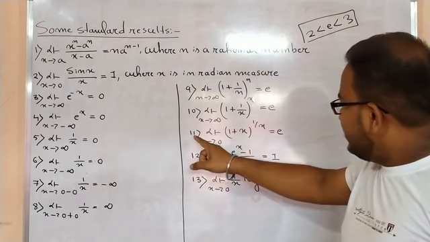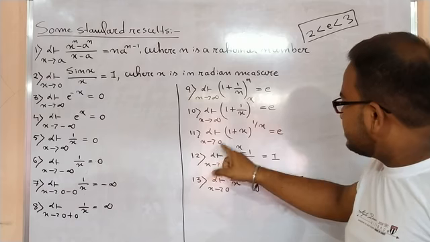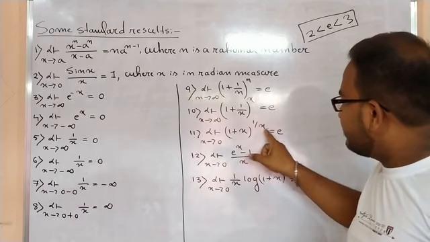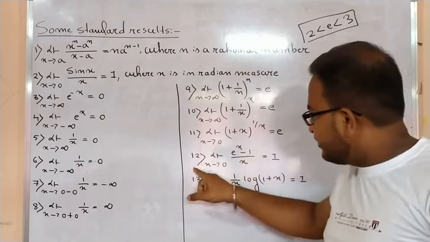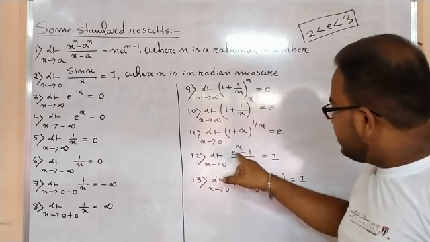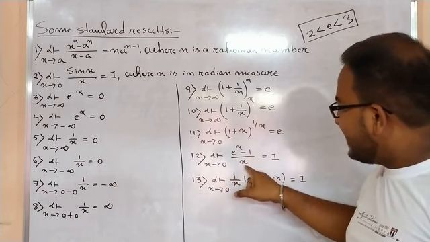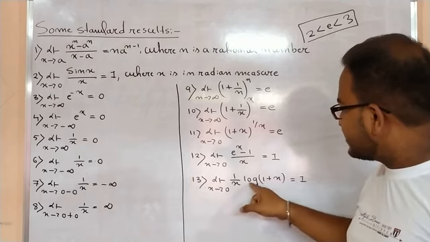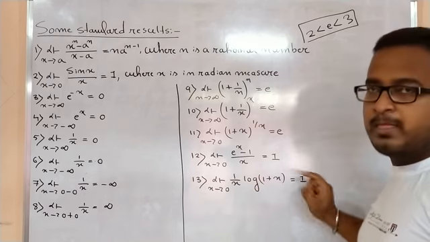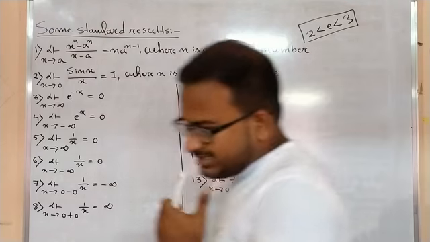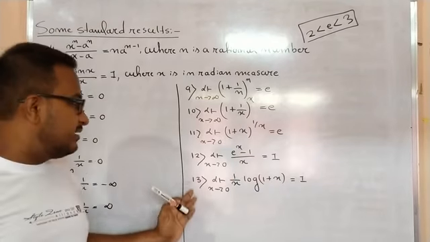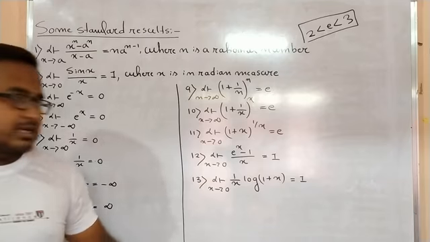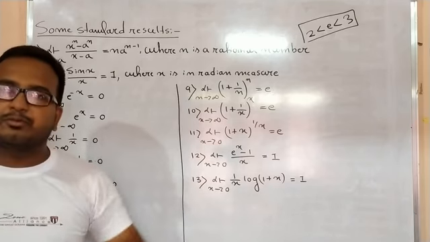Okay? Next, number 11, limit x tends to 0, 1 plus x whole thing to the power 1 by x equals e. Number 12, limit x tends to 0, e to the power x minus 1 by x equals 1. And number 13 is limit x tends to 0, 1 by x log of 1 plus x equals 1. आपको ये जो 13 रिजल्ट्स ये सब याद रखना पड़ेगा क्योंकि ये रिजल्ट्स यूज करके आपको प्रॉब्लम सॉल्व